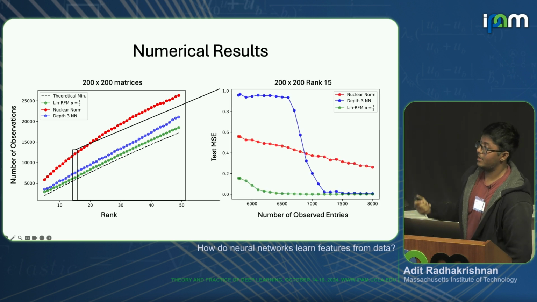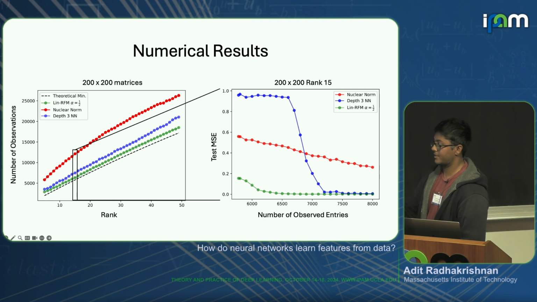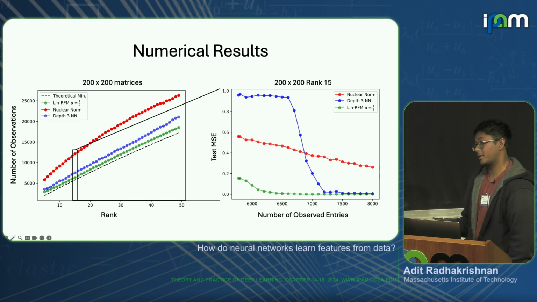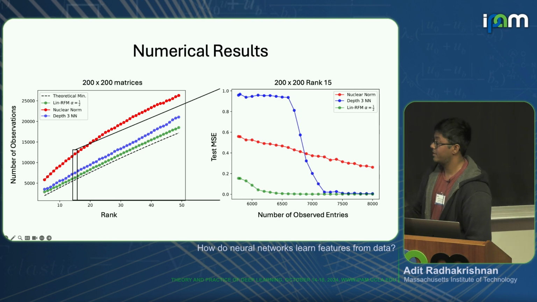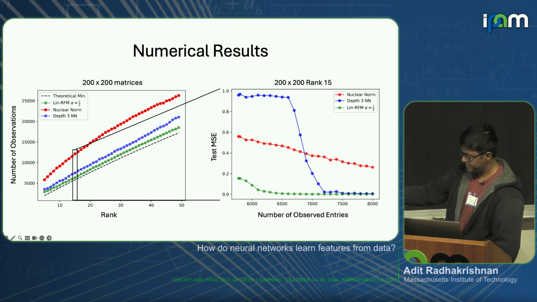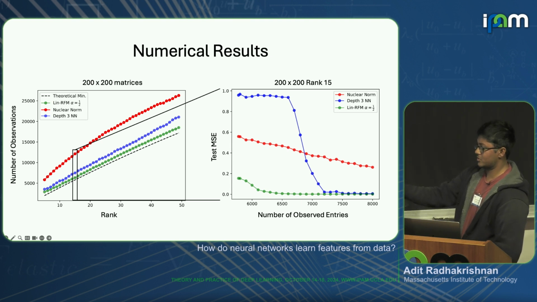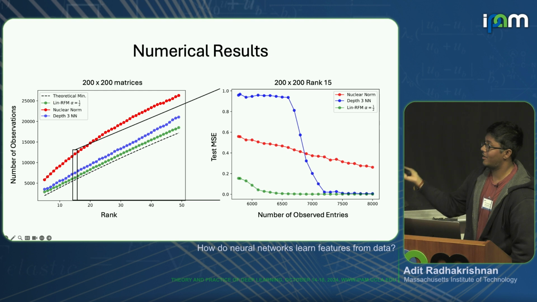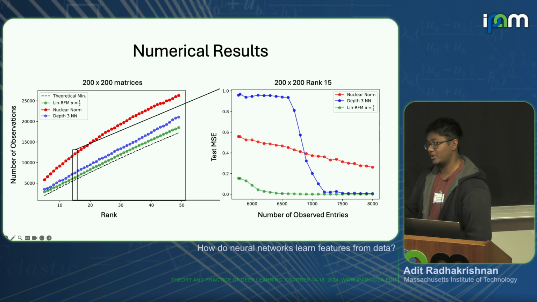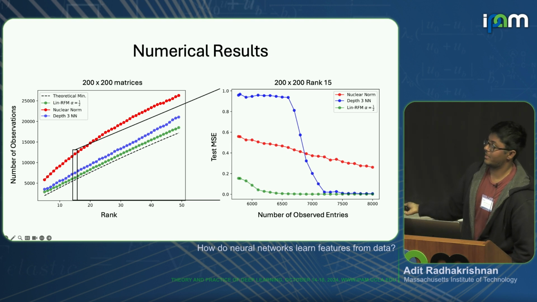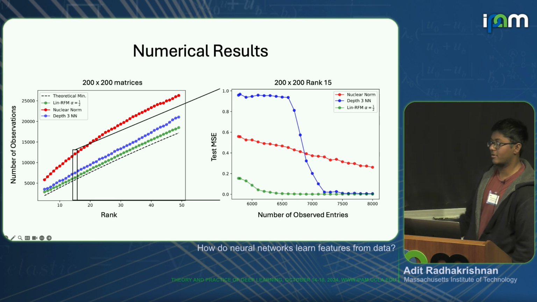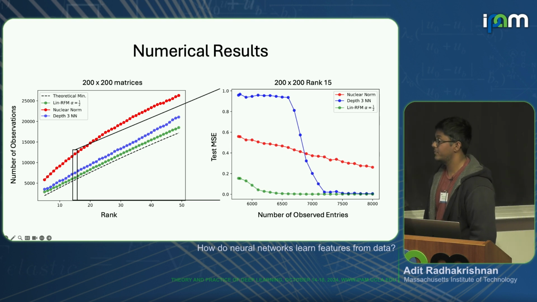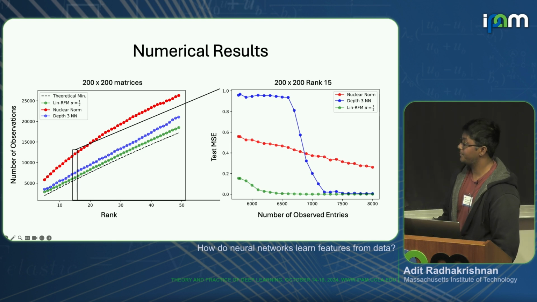And if I actually just zoom in to one of these plots just to show what the simulation looks like, let's say I look at a synthetic 200 by 200 matrix that's rank 15. If I start randomly sampling observations from this matrix and reconstructing, we'll see that linear RFM actually does quite well with few samples. Interestingly, deep networks underestimate the rank, and they take a massive error when you have very few samples. As you get to a certain regime, deep networks all of a sudden estimate the correct rank and start doing well, but linear RFM just generally does quite well on this task, and also far better than nuclear norm.